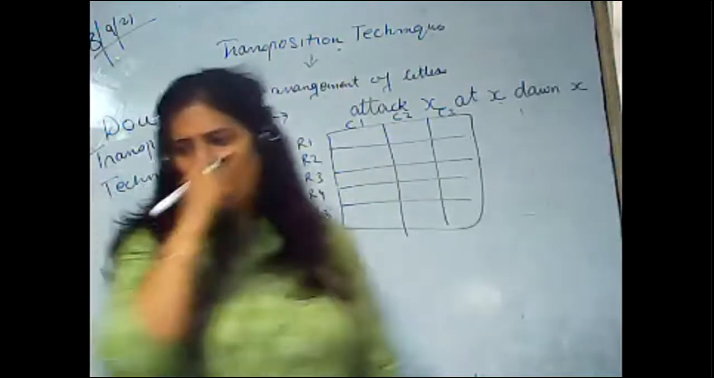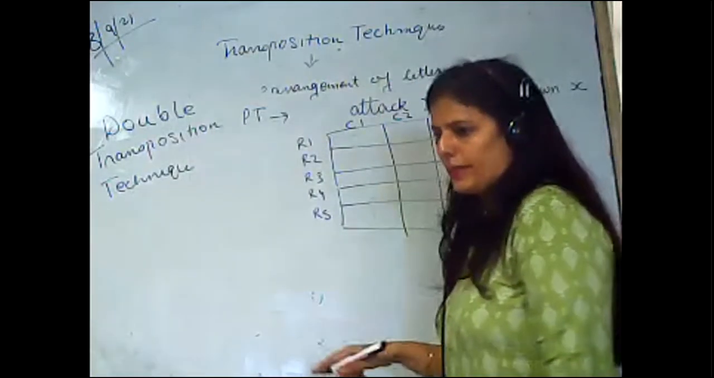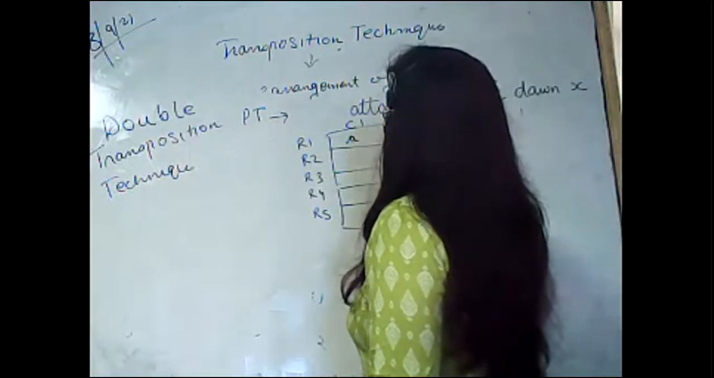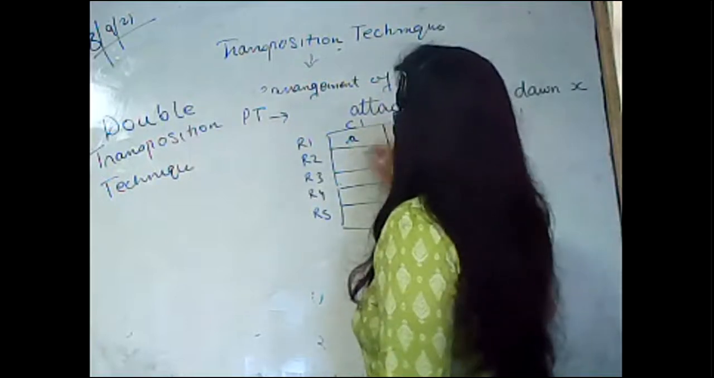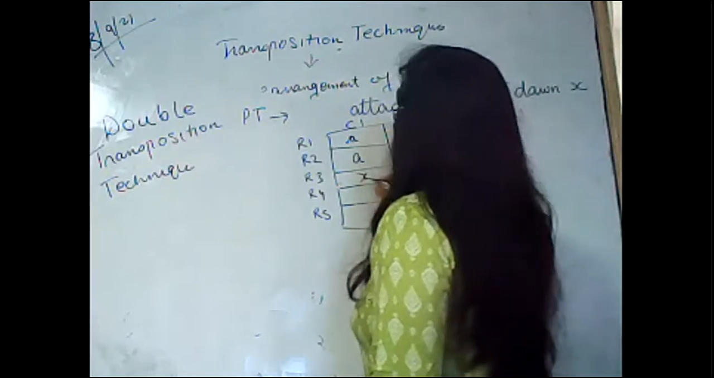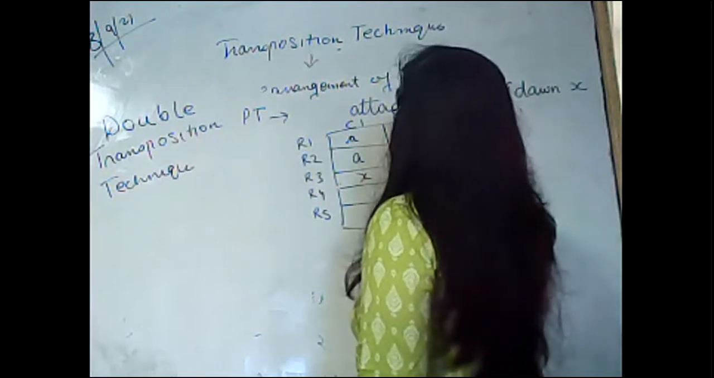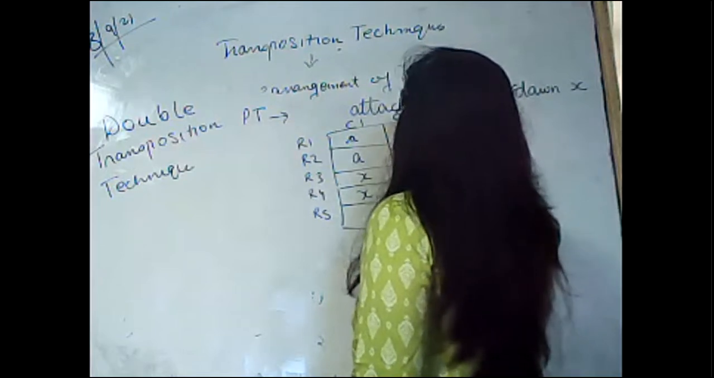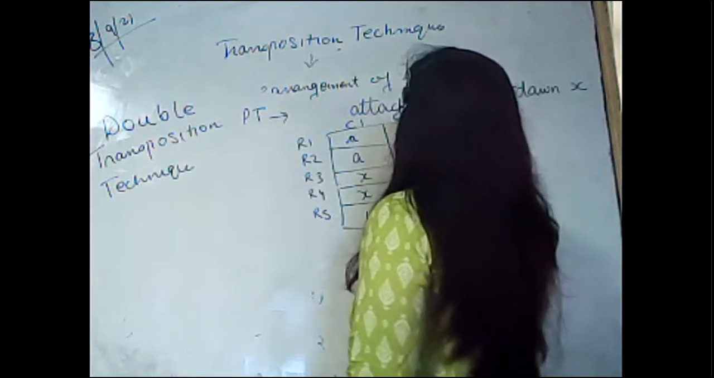1, 2, 3, 4, 5. Okay, now I fill up this particular matrix with my plain text. So how can I write it like this? A, T, T, A, C, T. X, A, T, X, D, A, W, and